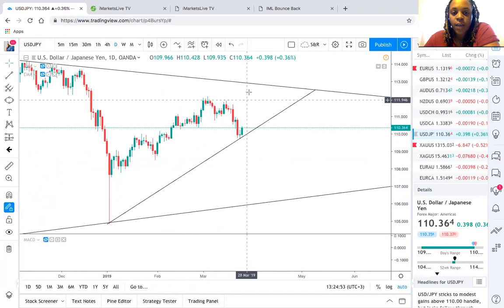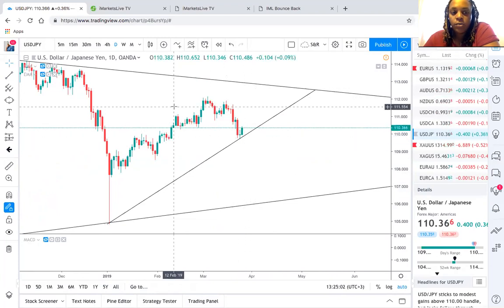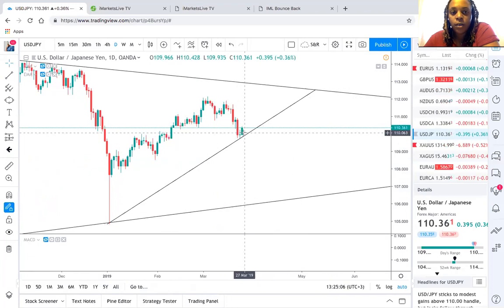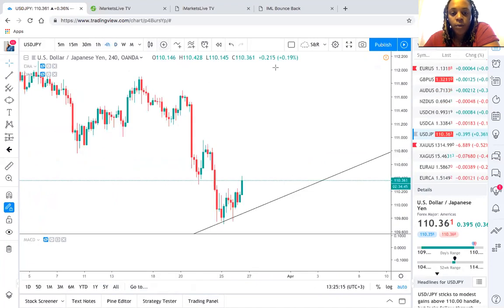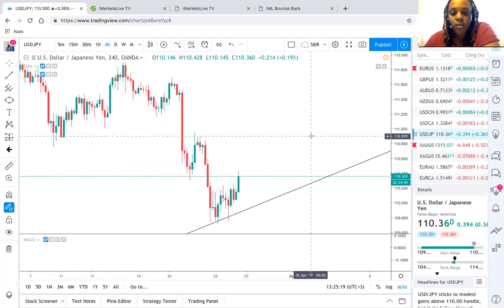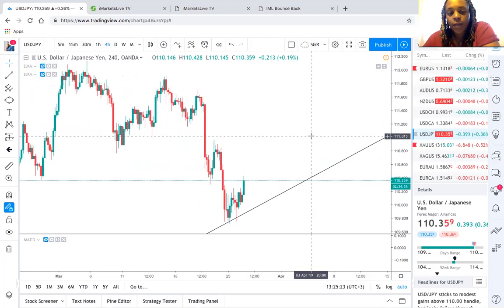From here, this could head all the way back up, right, to the top, or this could look to break. So obviously, as I go further into the time frames, then you will see how these are active candles, and then you can understand what is really happening with price on this trend line, right? So coming down to the 4-hour time frame, now you start to see how price is respecting our trend line. Now, if we are looking at this, right? If we're looking at this, we know that